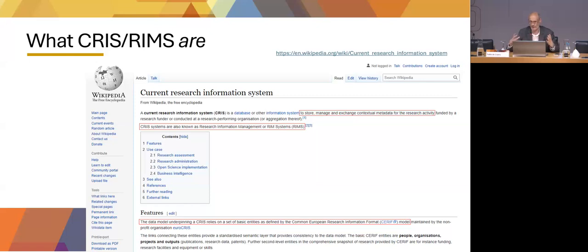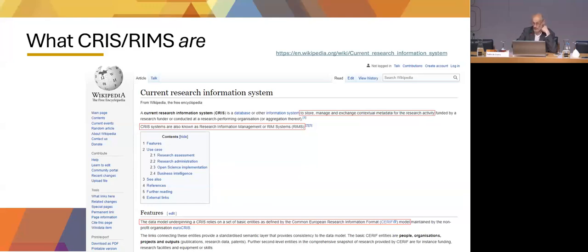There is a very nice gateway to research funder CRIS in the UK, collecting all the information on projects funded by the UK Research and Innovation, with all the people involved, with all the budgets, all the grant numbers, abstracts, publications, so everything connected to each other, every research entity connected to each other, and providing a very thorough snapshot of the research funded by the UKRI in this case. The European Commission also has CORDIS, which is sort of similar for EU-funded projects.